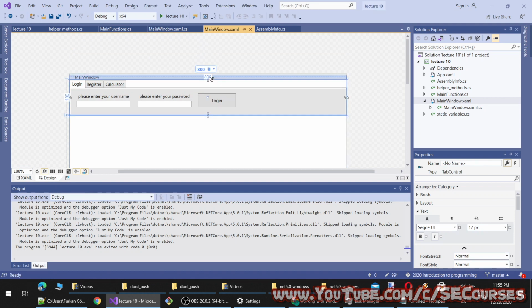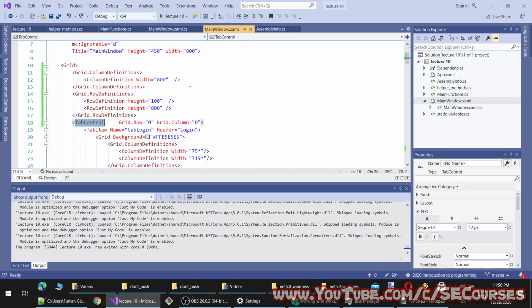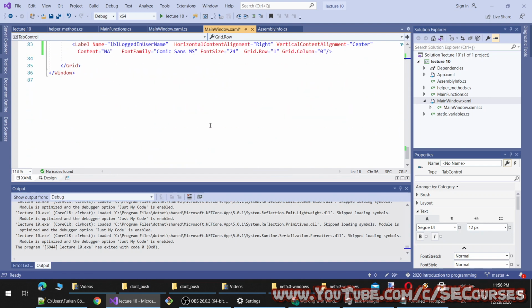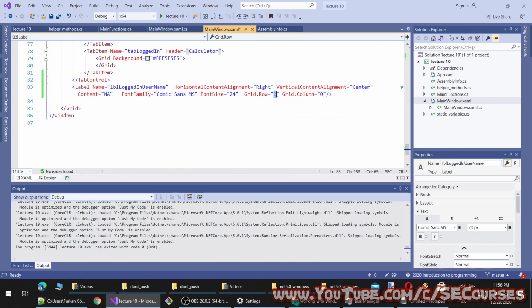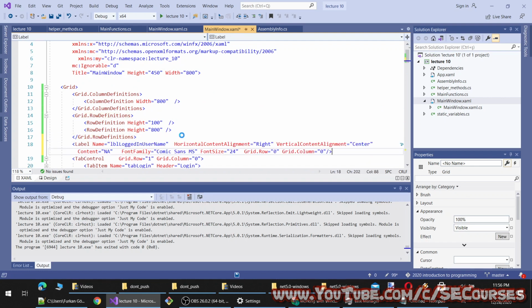Okay, but I see the 800 here and 100 here. So okay, this is coming from, interesting. Oh, I know the reason. Because this should be grid row 1 and this should be grid row 0. Because the label will be at the top position, therefore I'm going to also set this to the top position.